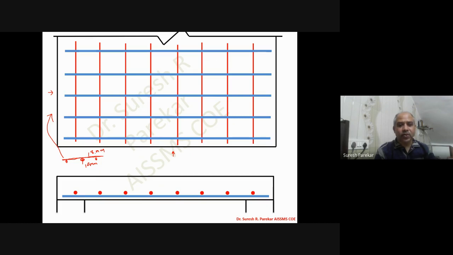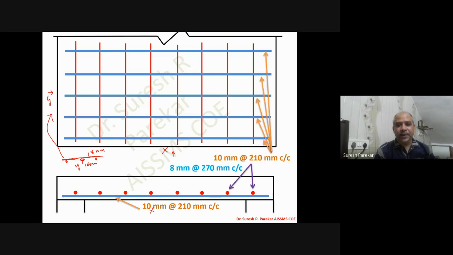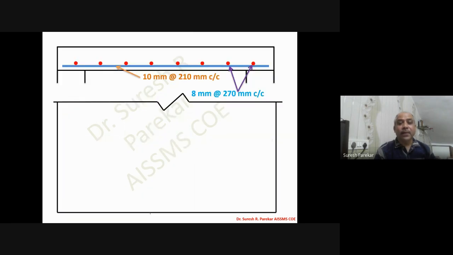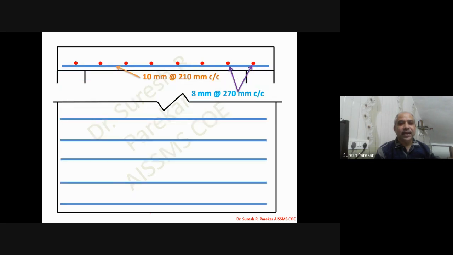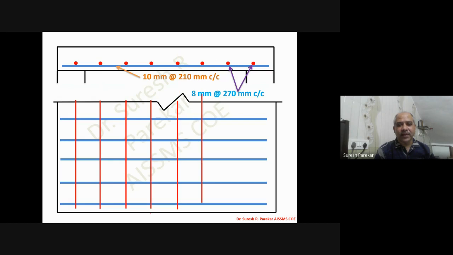So likewise, if I see from this, so this I can say from the Y side, and this is from the X side. I have again plotted one diagram below also. So you can see this. From this section, how we will go for plan. So we have the plan like this, and then distribution reinforcement you can have like this. So we have to likewise draw your plan and elevation. In exam, the section is more than sufficient.